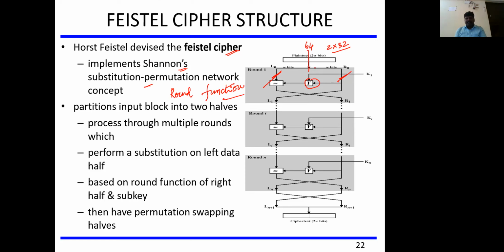Now this 32-bit plain text of the right half is going to be applied to a certain encryption function, the function which is written here. So the 32-bit input and the key value of 32 bits will produce a 32-bit output here. Again, this 32 and then this 32 will be applied to some operations, and then we will get a 32-bit output. I hope this is clear.